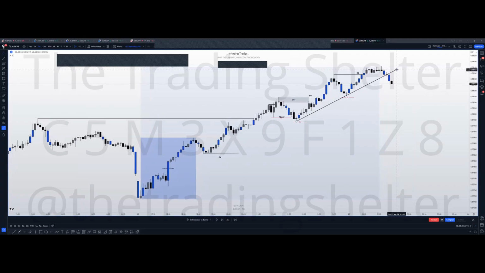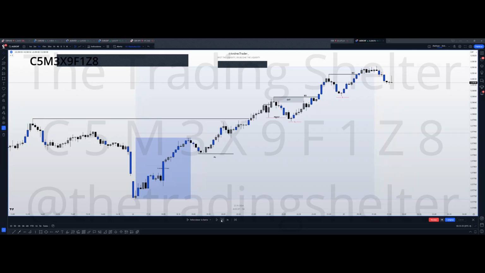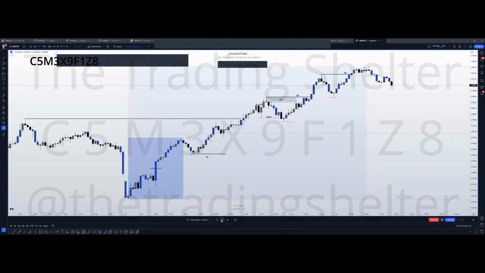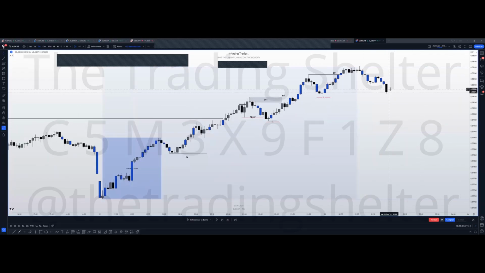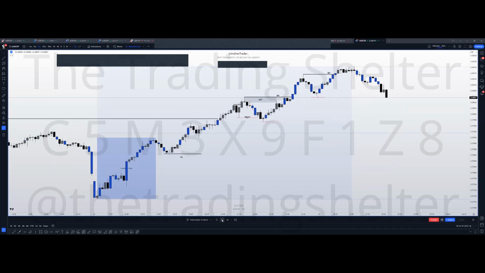All right, so I'm gonna delete this, and I'm gonna continue with the analysis. All right, there is some movement here, some speed. Let's see how price reacts here. And I think we have a new breakout structure